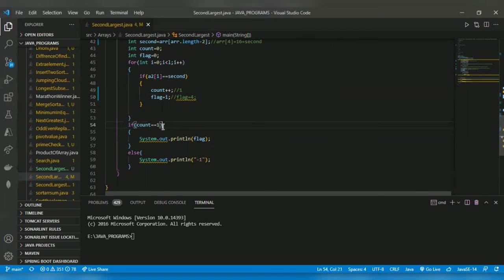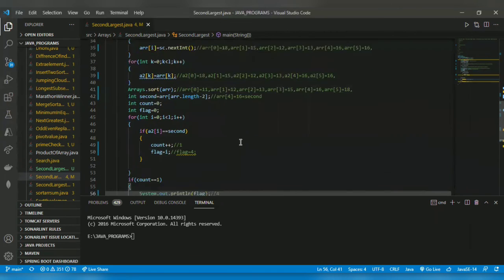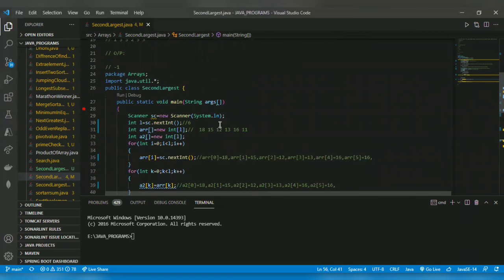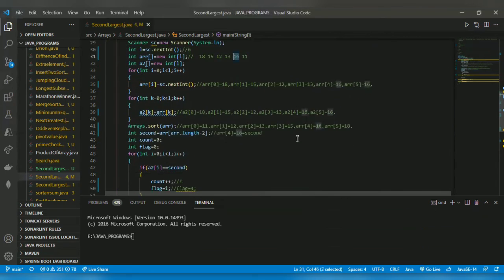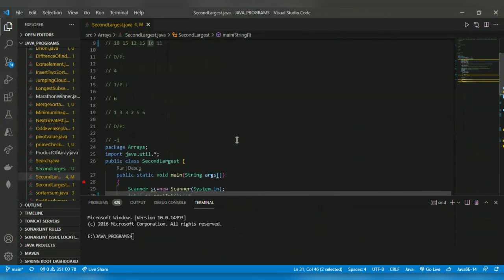Here the count is equal to 1, so it will print the flag value. Flag value is 4, so the output 4 is printed. 4 is the index position of the second largest element. So it prints 4. Consider this example.